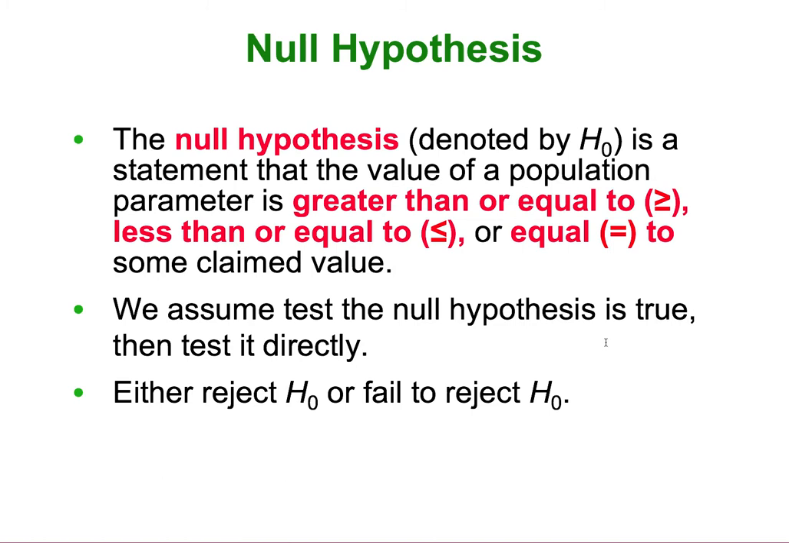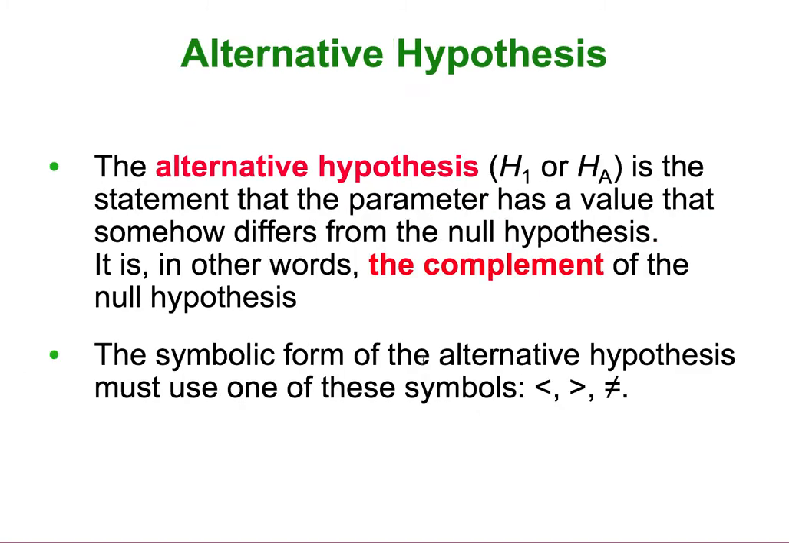We assume the null hypothesis is true and then test it directly, and then we either reject or fail to reject the null. Now, the alternative hypothesis is the statement that the parameter has a value that somehow differs from the null hypothesis. It's the complement of the null hypothesis. So if it's the complement, then it does not contain equality, and the symbolic form for those is either less than, greater than, or